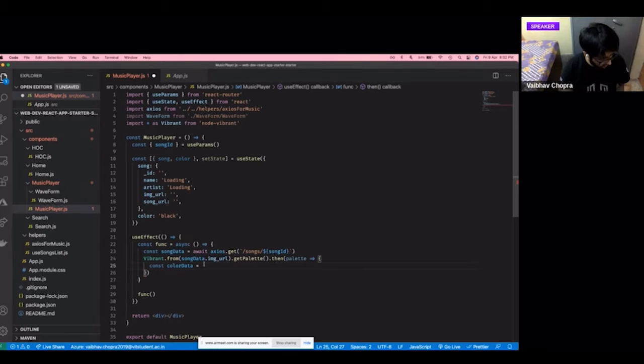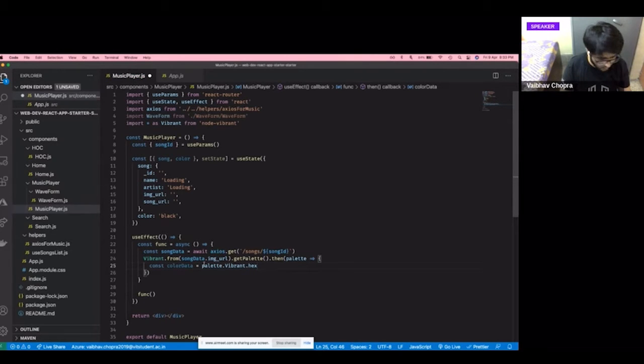But right now, a hex code is what I need. Palette dot, I want the vibrant variant. There are different variants: dark vibrant, light vibrant, and vibrant. I just want the normal vibrant. You can choose to have something else totally.